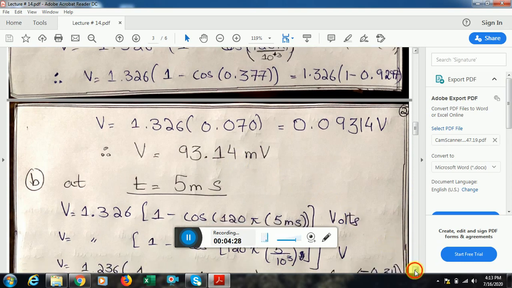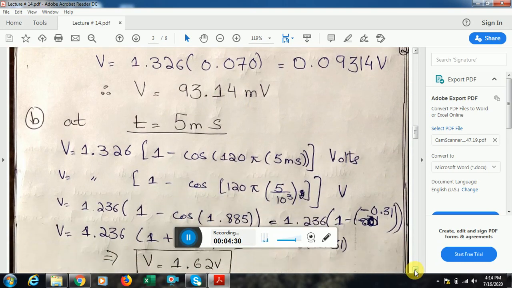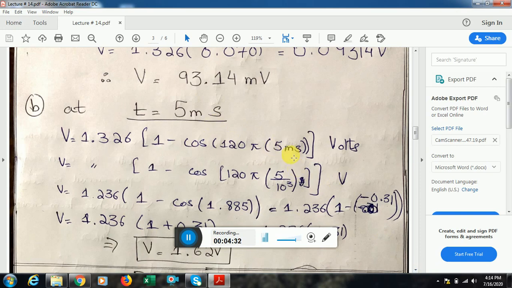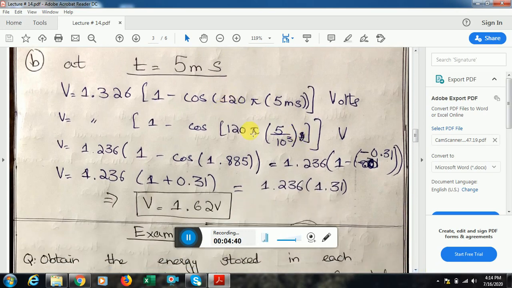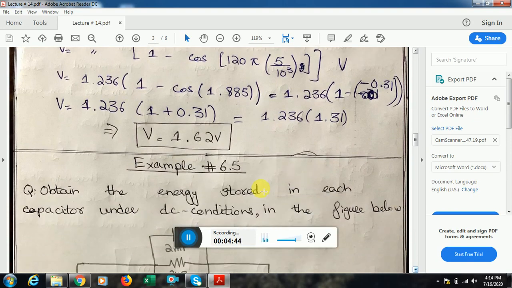Now in the second part, we had to find the voltage at time t equal to 5 millisecond. I'll put 5 millisecond instead of t over here, and using a calculator, you can first simplify this product and then take the cos of this angle, and by simple basic mathematics, we get that at t equal to 5 millisecond, the voltage across the capacitor is 1.62 volts. Now moving on,